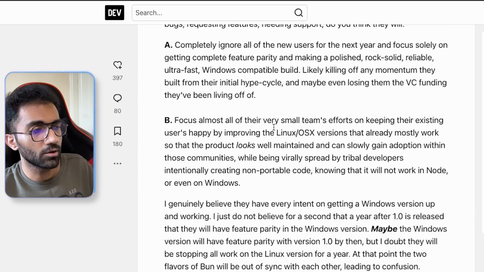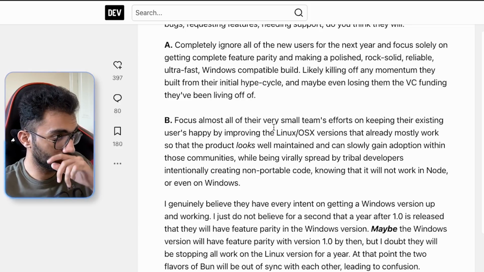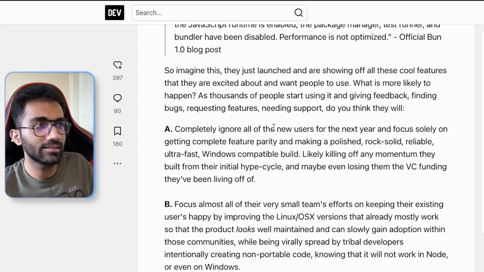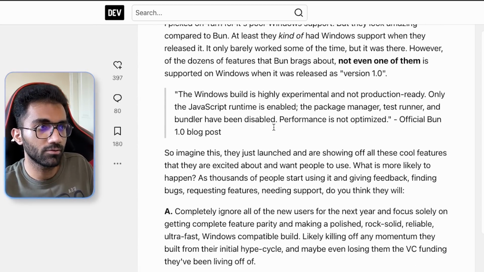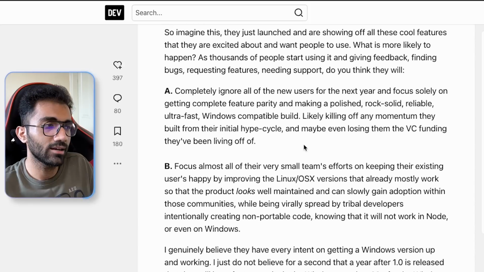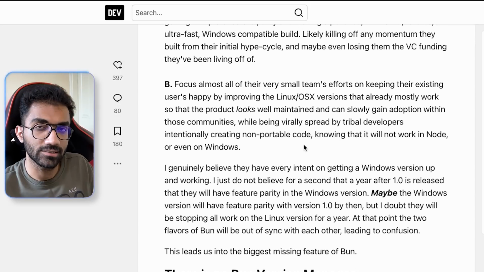So, yeah, I mean, this is true. So this is true in a way. Their team size is not, I mean, supporting operating systems with feature parity and solving bugs might take a lot more developers than they currently might have. But I don't think it is an impossible problem, right? If you're a fast team, if you know what you're doing, if you're smart developers, you can get things done. So I'm not as worried about it as he is for the next year.